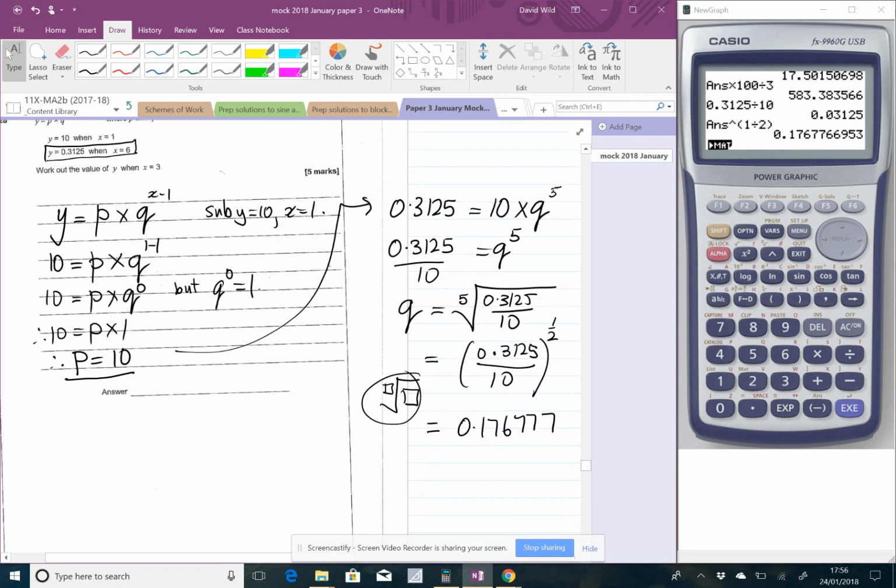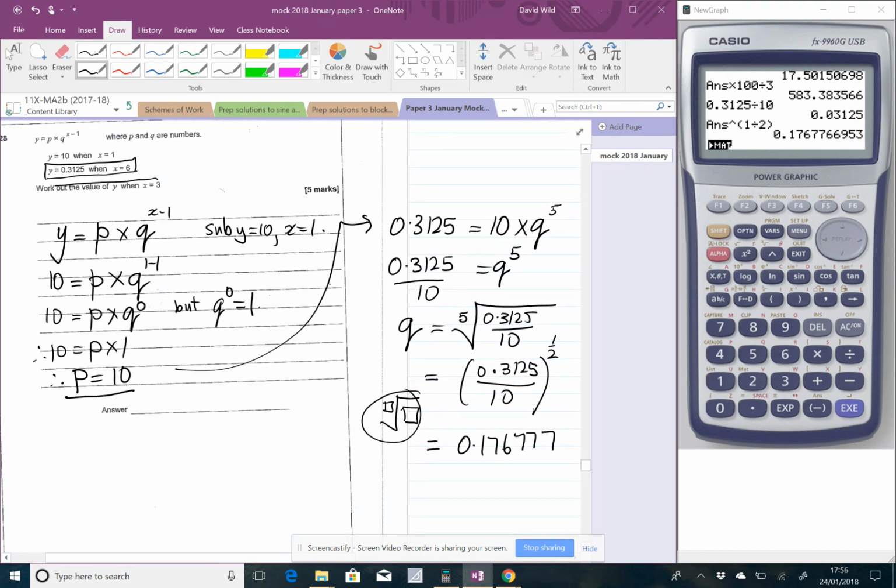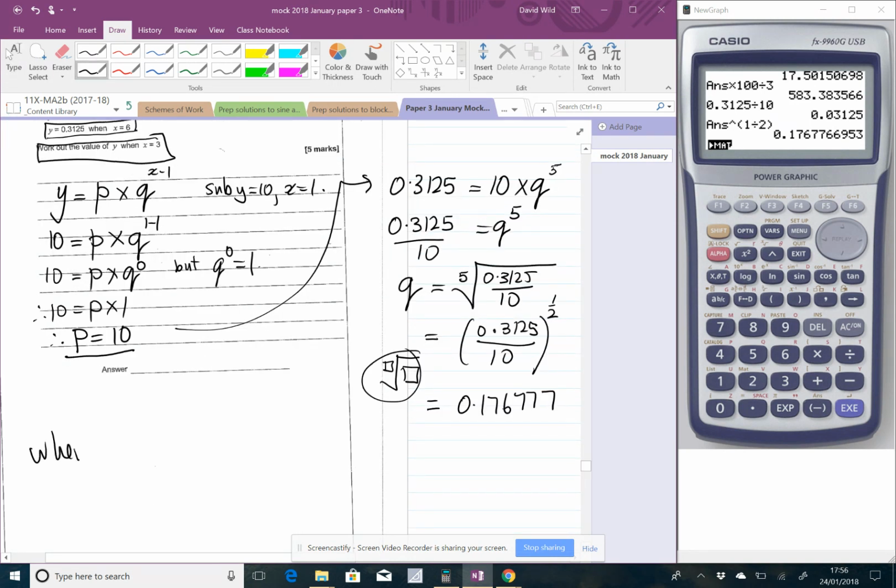So now I know what P and Q is. Now I can work out what the value of y is when x is 3. That's what they're asked to do now. So when x equals 3, y is the value of P, which is 10, times Q, which of course is this